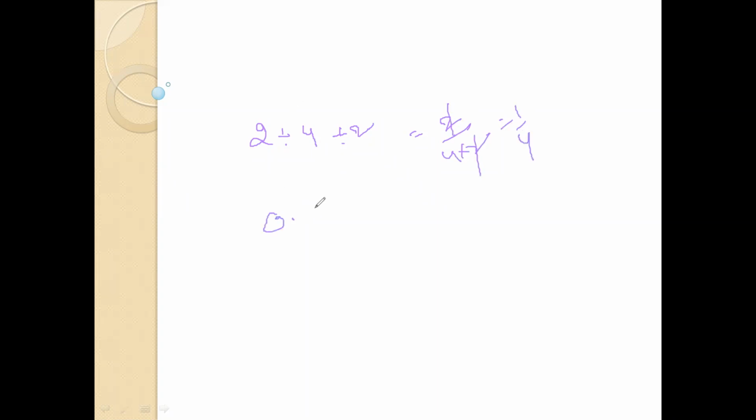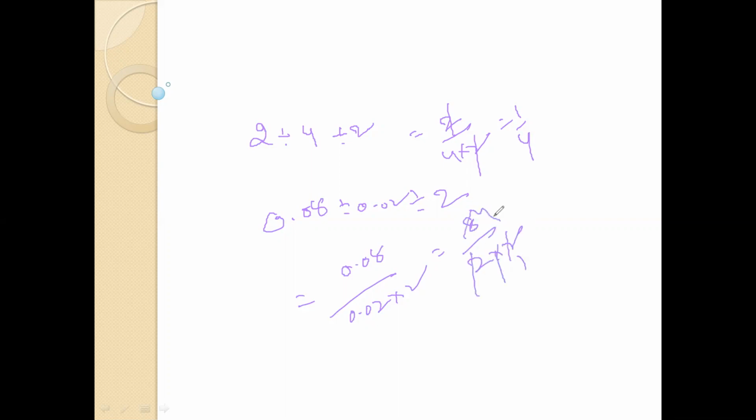Suppose the value is in the form of 0.08 divided by 0.02 divided by 2. What is the value of this one? So 0.08 divided by 0.02 into 2. Here before 2 digits we have decimal, here also before 2 digits. So 2 into 2. 2 1 ja, 2 4 ja, 2 1 ja, 2 2 ja. So 2 is the right answer. So in this way we solve divided by values.